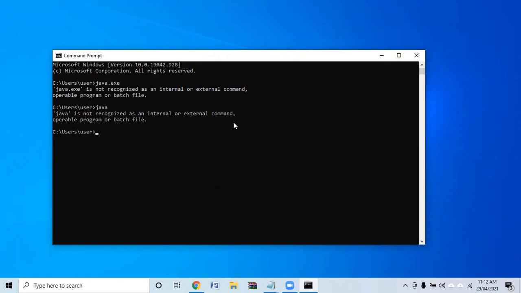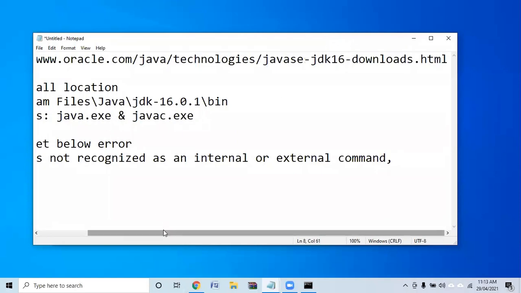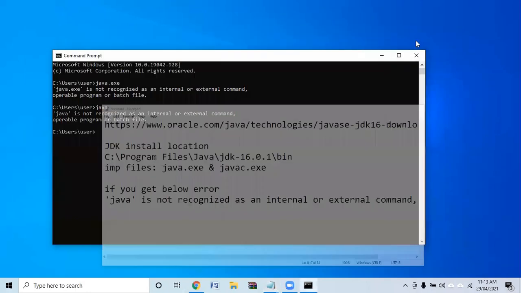So very important. Just copy this. If you get the below error, so what is the error? Java is not recognized as an internal or external command. So what to do? Very simple.